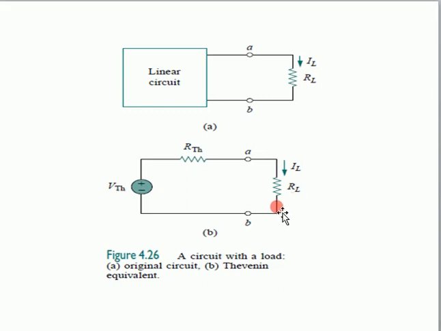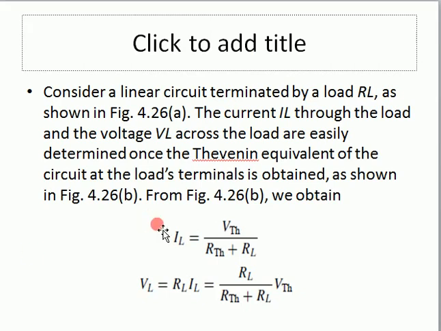There may be a question that we have to find out the value of VL, the voltage across the load resistor. So in order to find that, we will simply apply the voltage divider rule here. That has been discussed here: if we have to find the load current, it is equal to V Thevenin divided by R Thevenin plus RL, and if we have to find the value of VL, that is equal to RL times IL, and there is the value of IL. You may also say that this is the current divider rule. So that's how we can find the value of IL and VL.